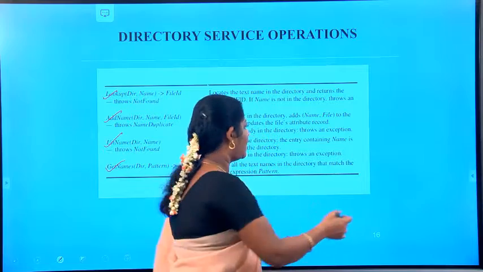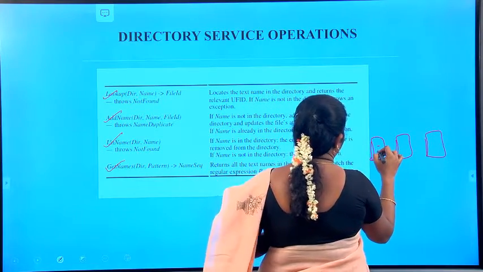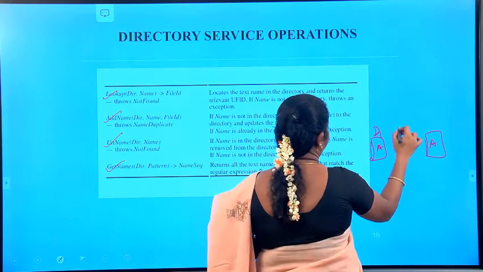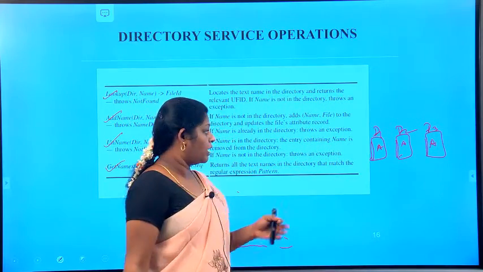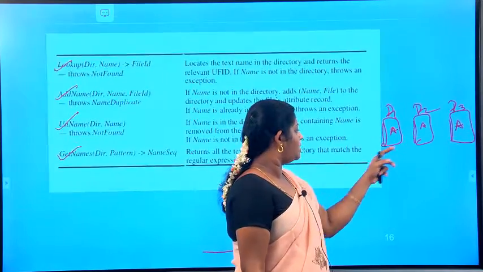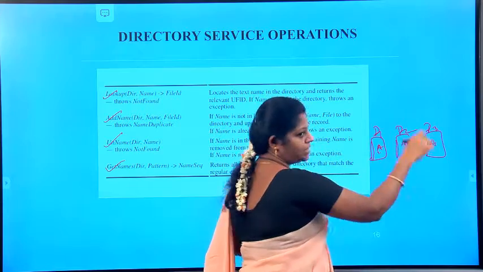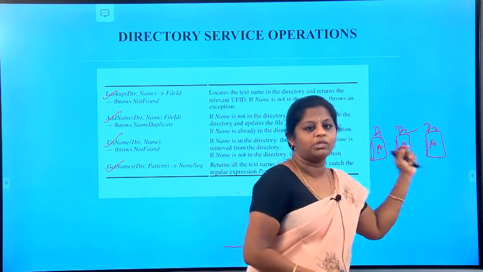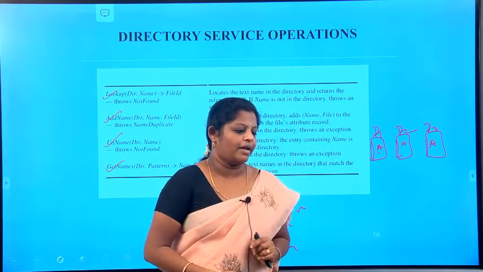If I have two directories, three directories here, and here I have a file A, and here also I have a file A, and here also a file A. This is directory 1, directory 2, directory 3. Even though they are in different directories, that may not be a problem within each directory. But if you come to overall searching, the same name is available for three files. So this will be avoided. For that we always need to provide unique file IDs.